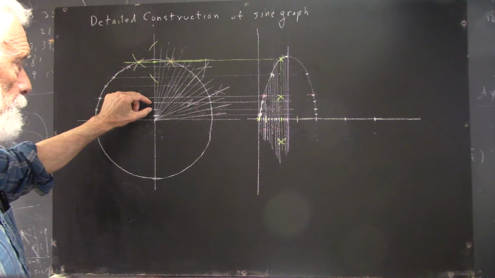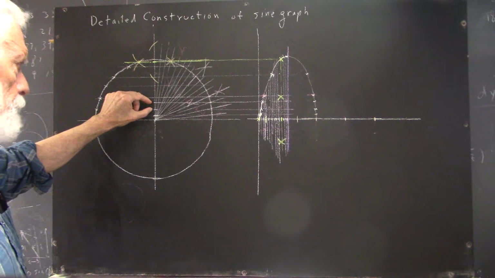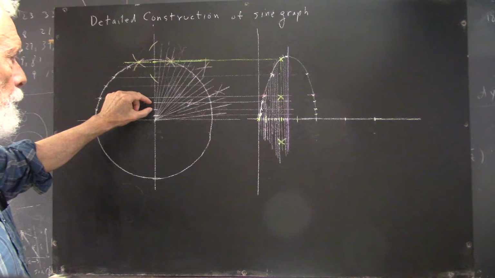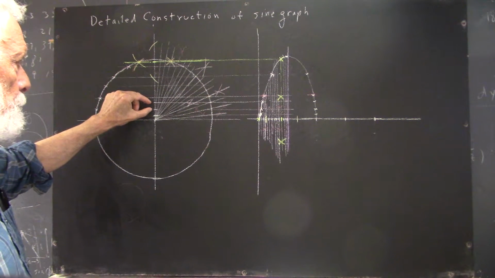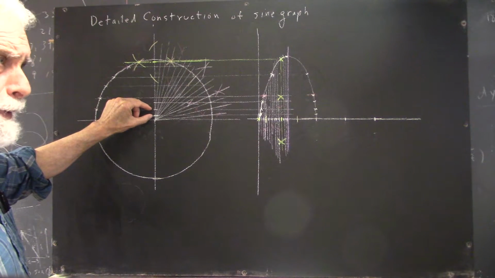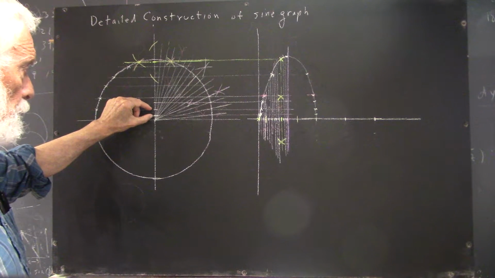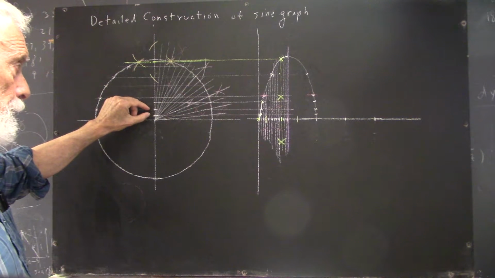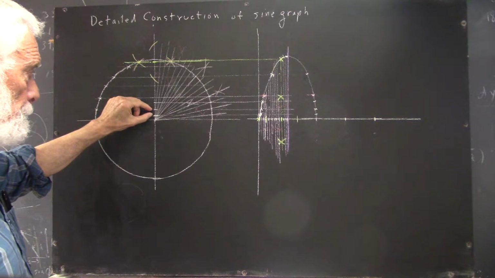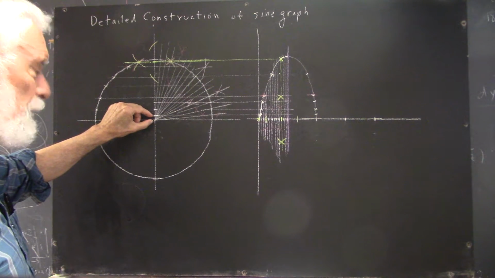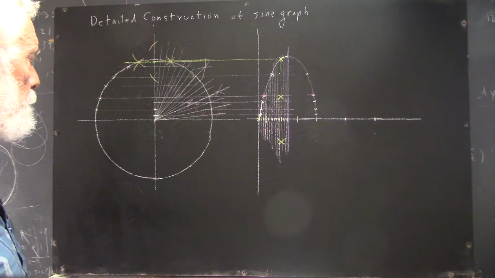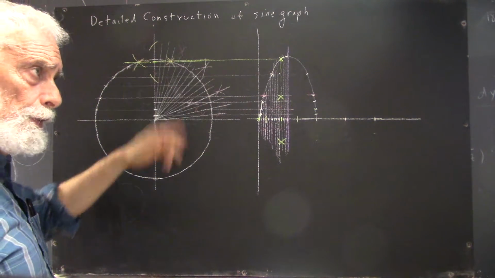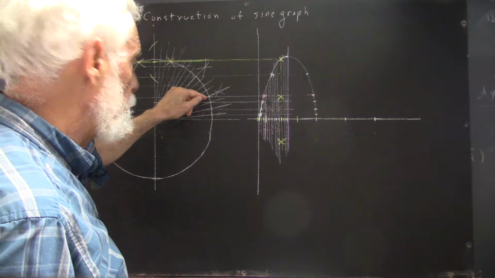be less than the spacing between these points, which is clearly so, but then that this spacing should be less than the spacing between these points, which is not at all the way it looks, and I don't think it's the way it is. And the spacing between these points should be less than the spacing between these points. Again, it's because of the geometry of the circle. These points are all equally spaced,